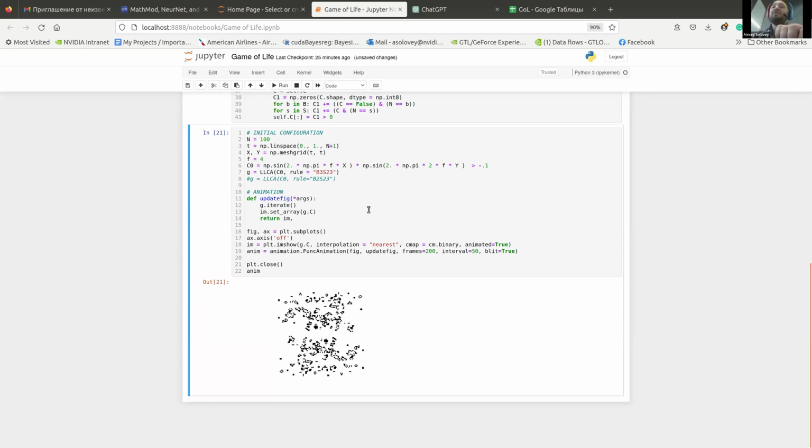Let me include, for example, in the survival rule, survival 234. What does it mean? By the way, from here you can see that